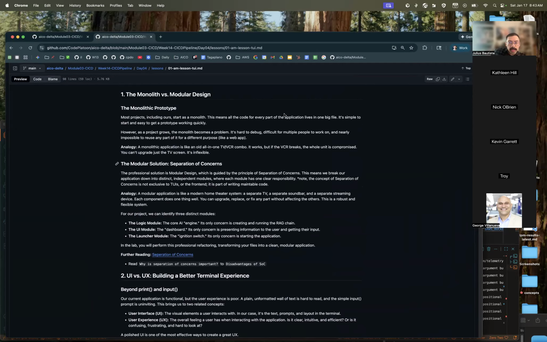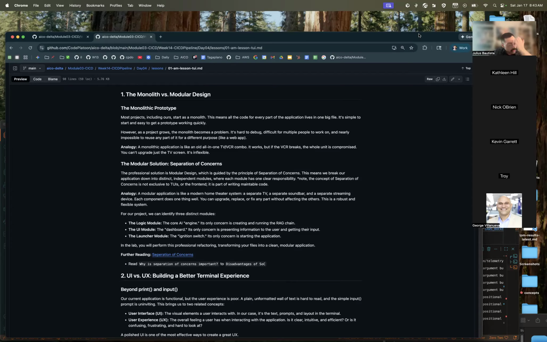Monolithic versus modular design. I don't know how much we've talked about this throughout the cohort, but basically on one end of the spectrum, you've got your monolith, which is when you have an extremely large code base and it can be very difficult to navigate.